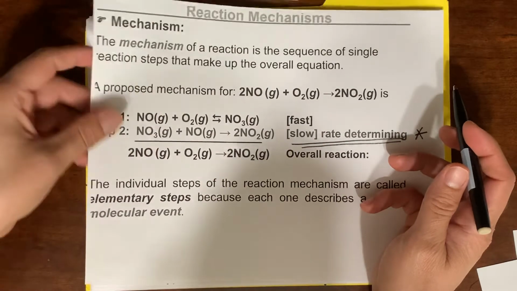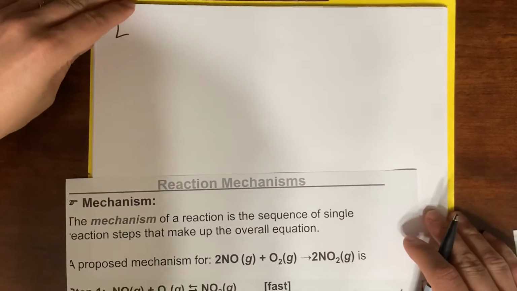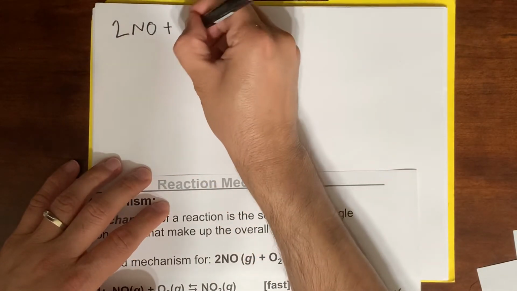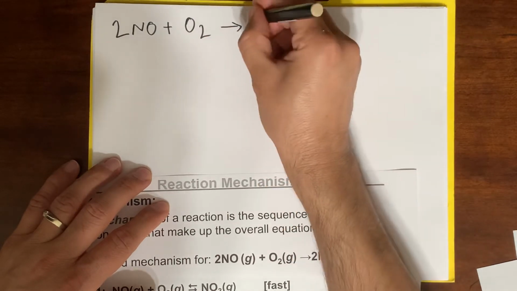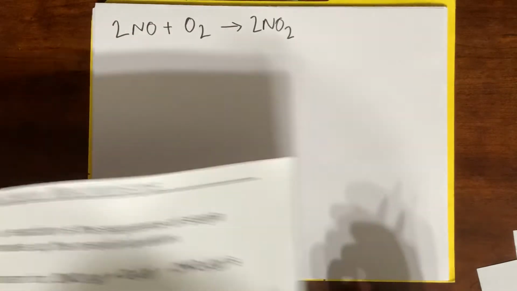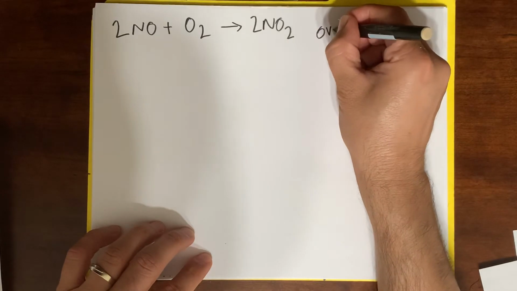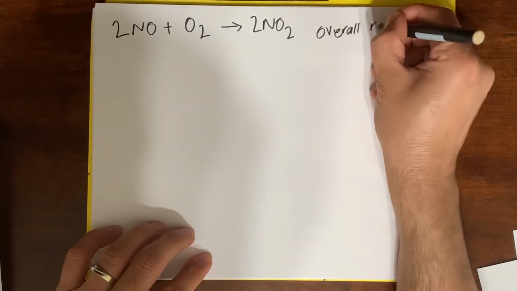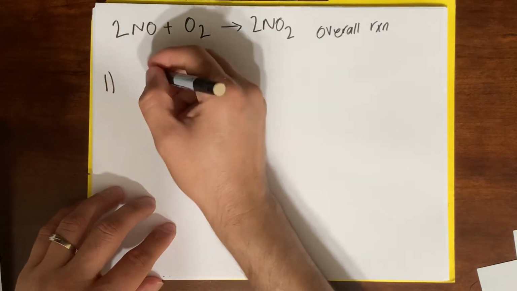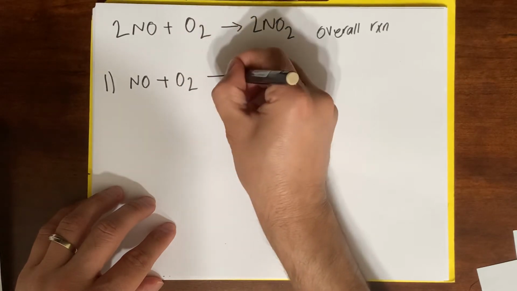Now, we have this reaction. We have 2 mole from NO plus O2. We get 2NO2. Okay. This is the overall reaction. So this reaction is going through 2 steps. First step, it says NO plus O2. We get,